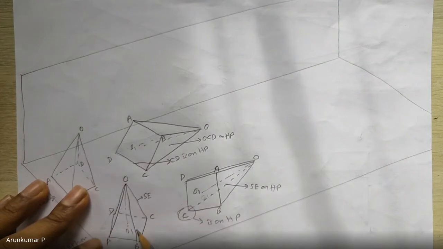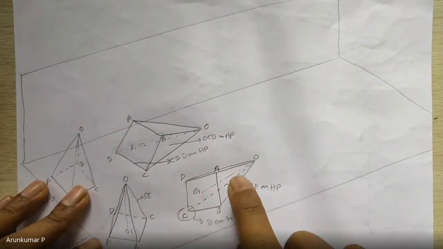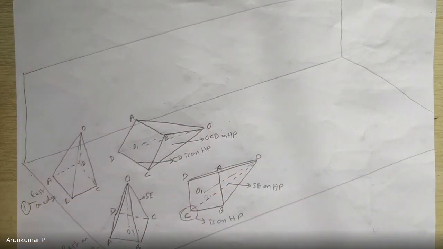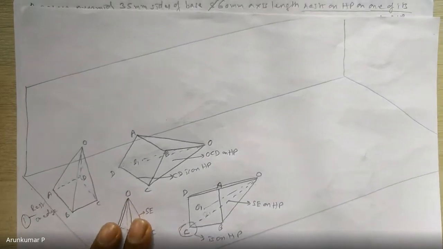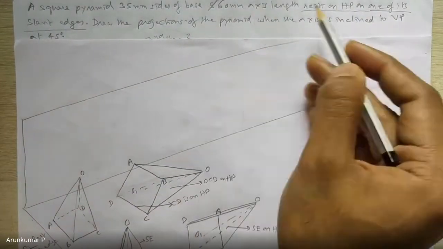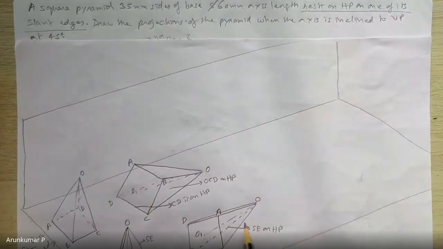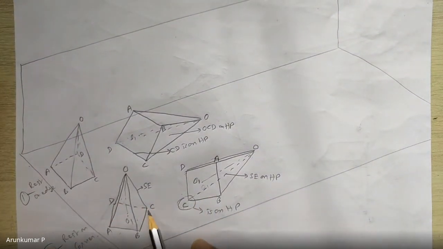So this is the case. This is your first step, resting on corner. This is your second step. So you incline about the corner C. You incline in such a way that this slant edge OC is on HP. So these are problems where it is not directly given whether it is resting on edge or corner, because if you read the statement you cannot make out which. But since you know what the second step is like, you want the slant edge on HP in the second step. Now you can only have the slant edge on HP in the second step if you make it rest on a corner in the first step.